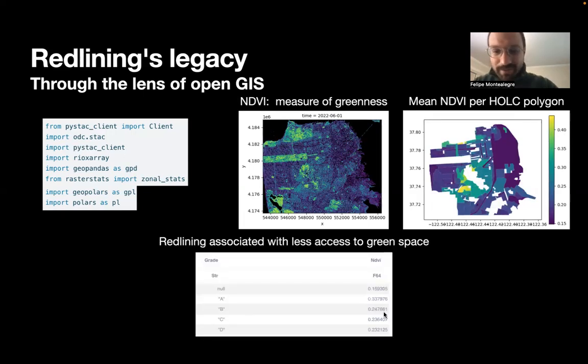And then of course we reproduce that redlined neighborhoods have a considerably lower value of NDVI in their polygons, which points in the direction of having less access to green space, an association that is already pretty well known in environmental science.